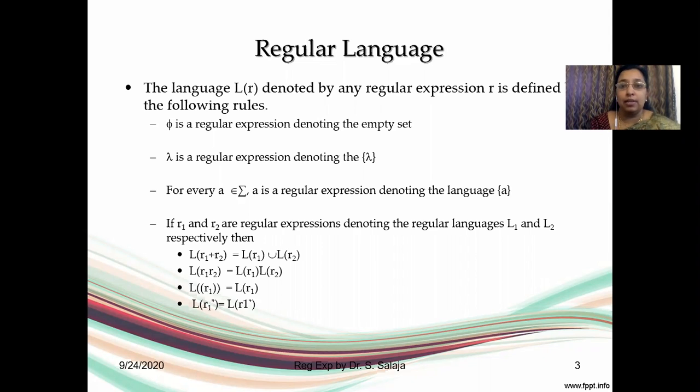Now what is a language? A language is a set of strings. Now when I say strings, all these strings try to follow some pattern or the other. Now how do I represent that pattern? That pattern is represented in terms of a regular expression. So when you take the null set, it is a set with no strings in it. When you take lambda, it is a set with lambda represented. When I take a, it is a set with a represented.